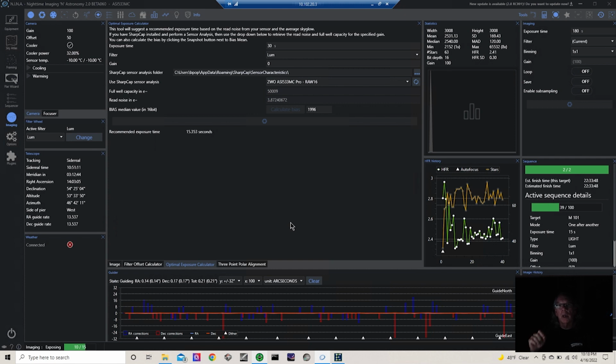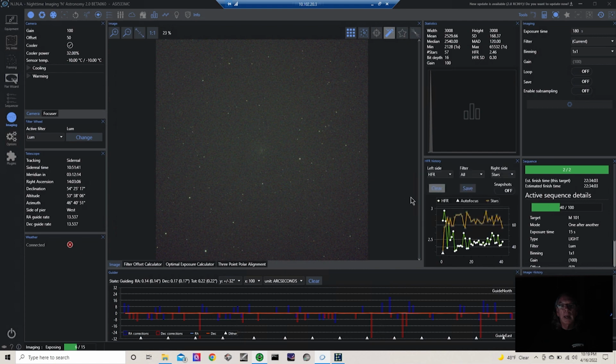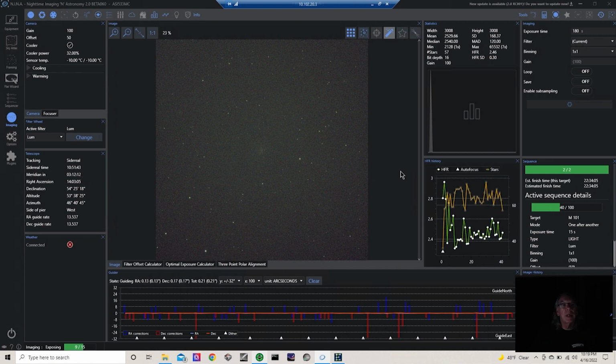The exposure calculator plugin for Nina can pull information from the sensor analysis files that SharpCap Pro produces. And tonight I used it, and I'm in a heavily light polluted area, and it told me my recommended exposure time was 15.35 seconds. So I set up an imaging sequence with that, and at 15.35 seconds